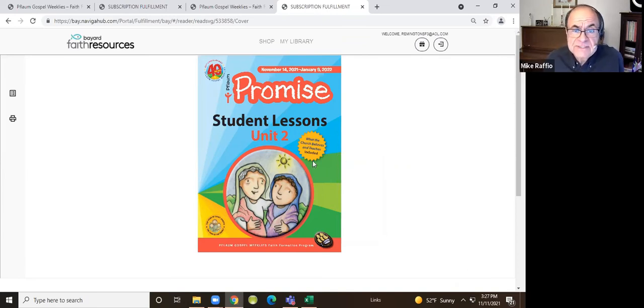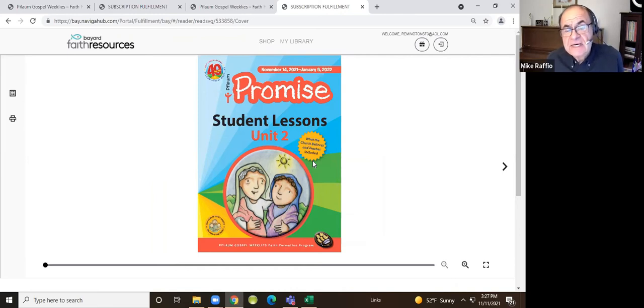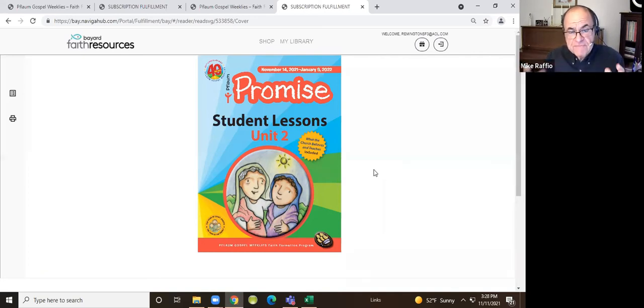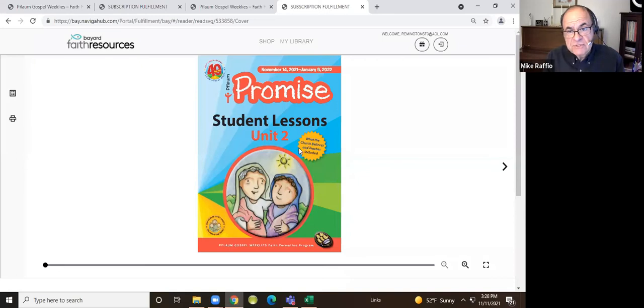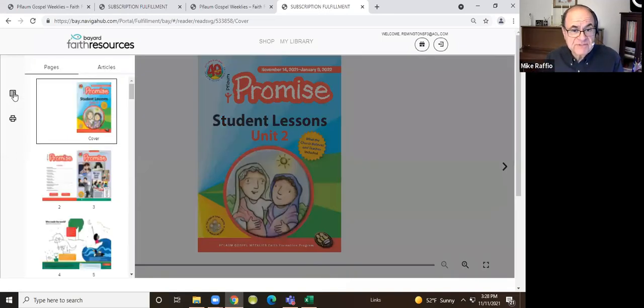On the bilingual one, it says Mi Fe Católica. Those are the catechism handbooks. And prior to this year, the lessons were one file and the catechism handbooks were a second file. What we've done this year is we've combined those, so they're together. The first things you're going to see when we go to the table of contents are going to be the first 8 lessons, and then you're going to see what the church believes and teaches.